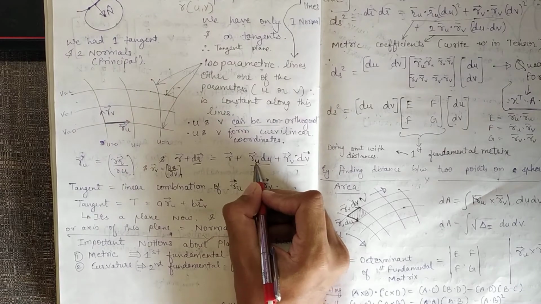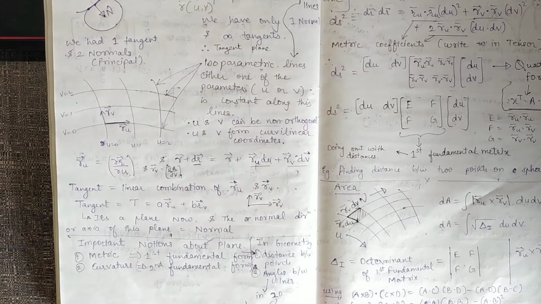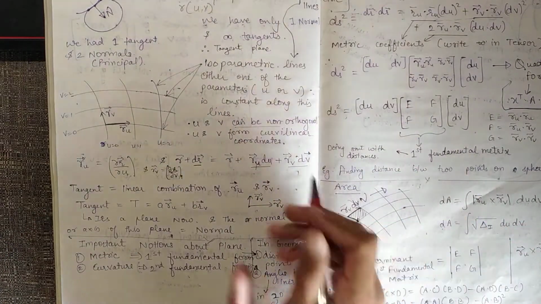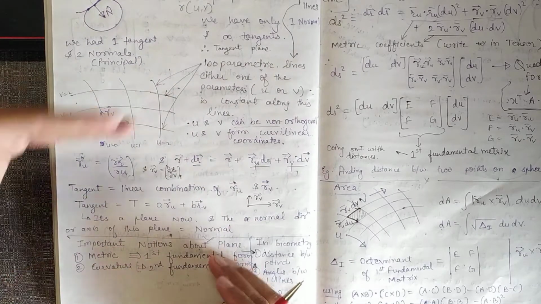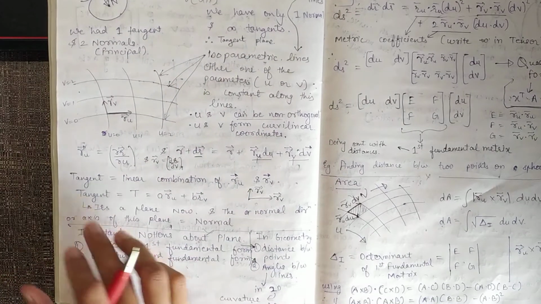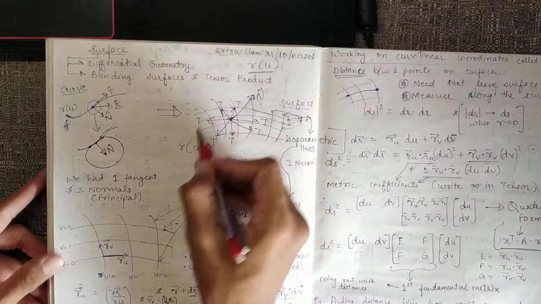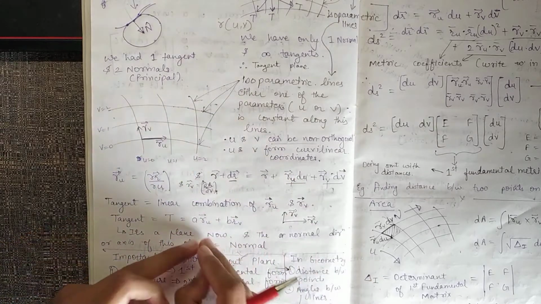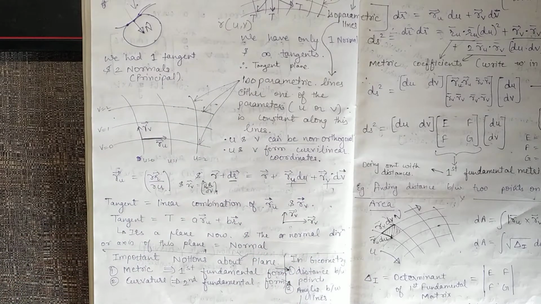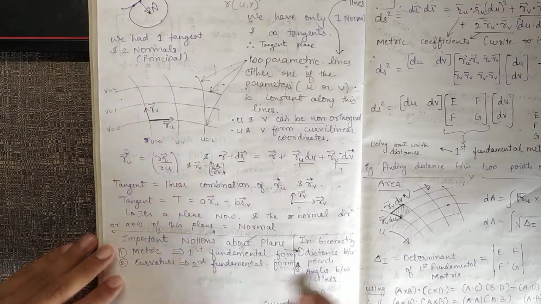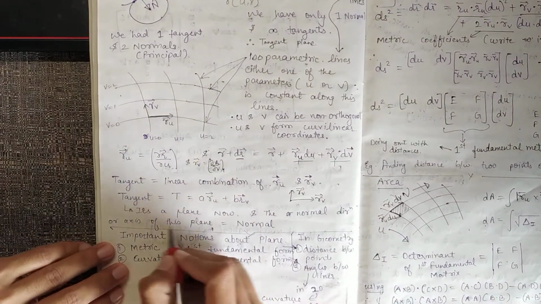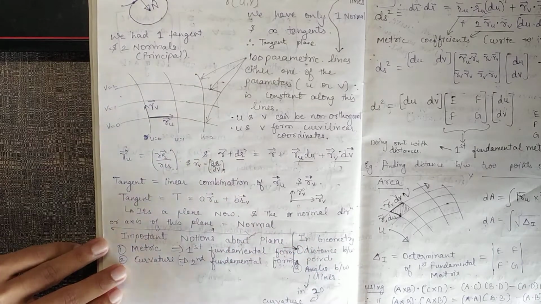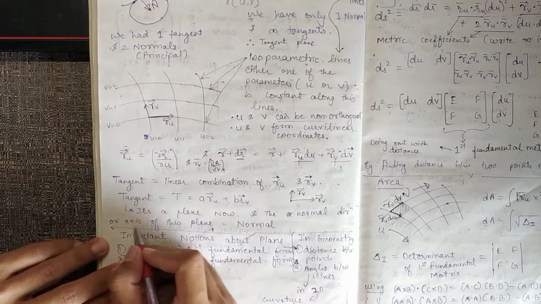This represents traveling from one u value to another u value, and this from one v value to another v value on the grid. Any tangent over here will be a combination of ru and rv, traveling along different u's and v's. So it can be any linear combination of these, and hence we can have an infinite number of tangents, because we can have infinitely many different combinations of ru and rv.